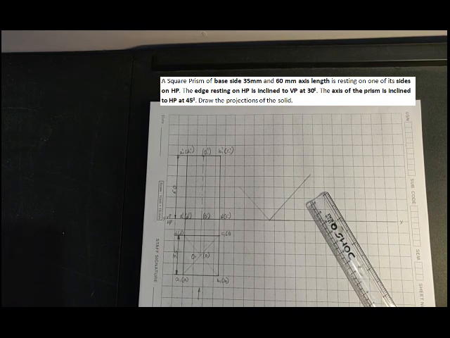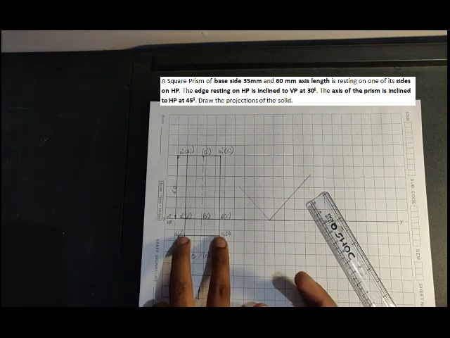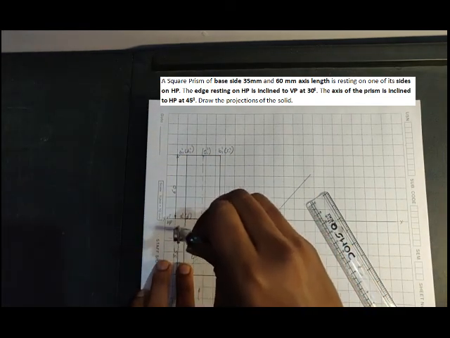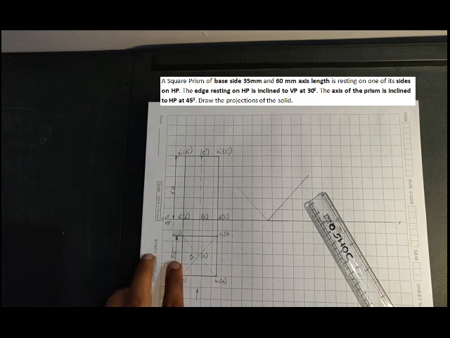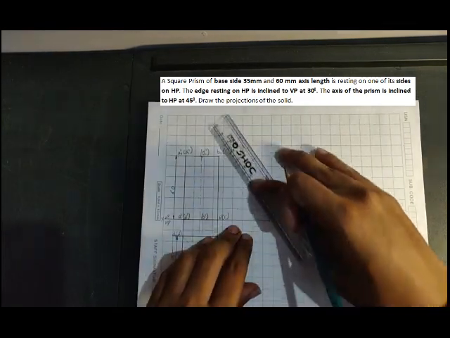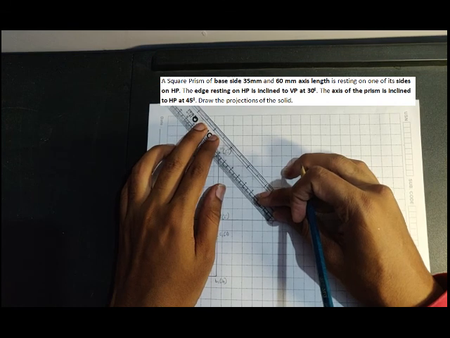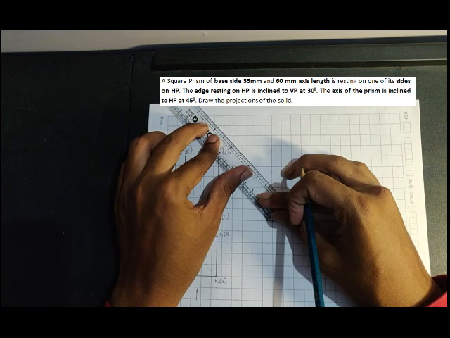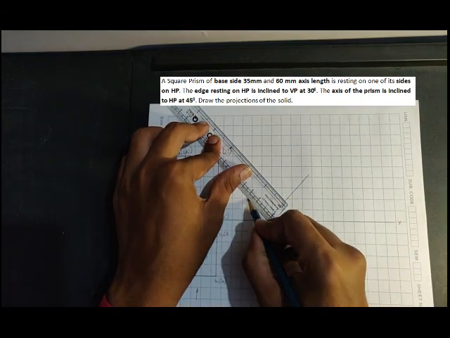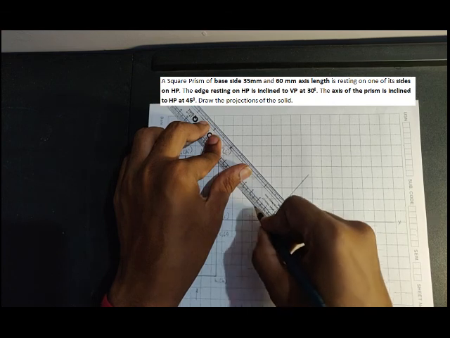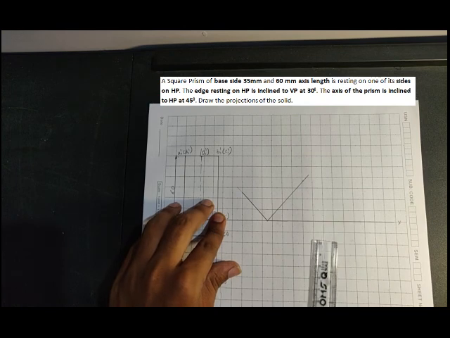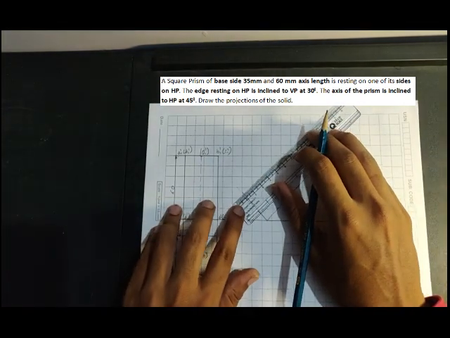Right, now what is the next step? See, this is 35, correct? So this has to be 35 and this has to be 35. So either I can use a pencil compass, measure this, cut this, or I'll use simple common sense here. So which is of 35. I'll draw a dark line or a visible line of 35 mm. I've drawn a 35 mm line, right? So now perpendicular to this line.